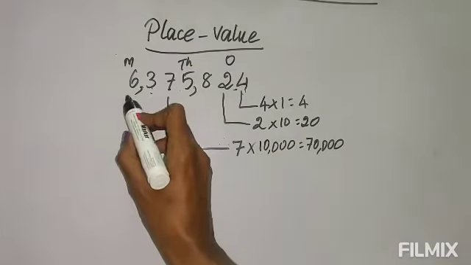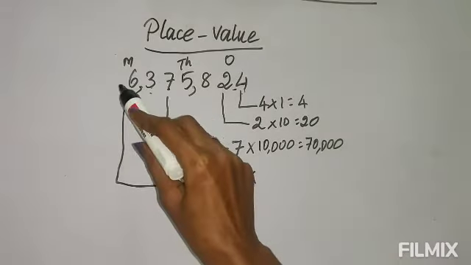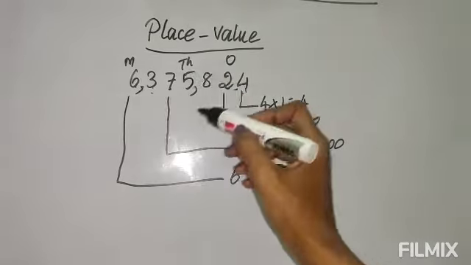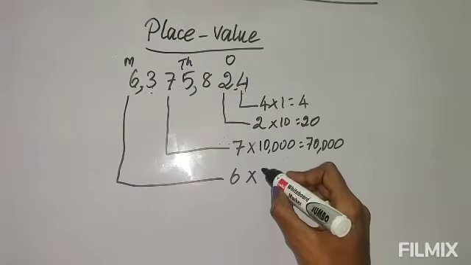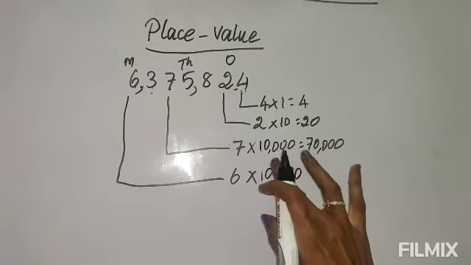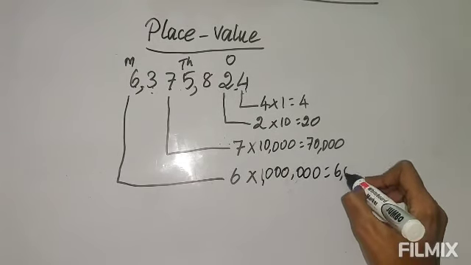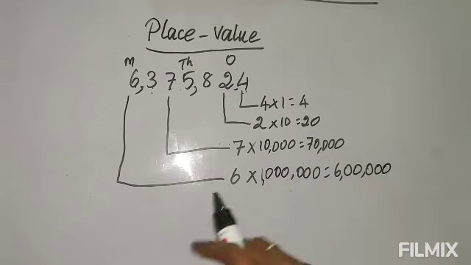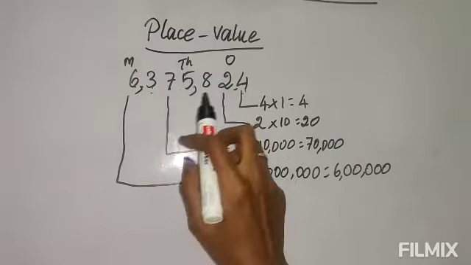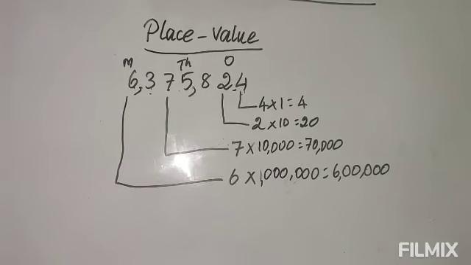Now if you take 6, the number is 6 and you have to multiply by the place. So what is the place here? Only 1 million. There are no other millions, only 1 million. So you have to multiply by the million. The place is million. So if you multiply by million, the answer will be 6 million. So this is the place value of 6. So this is the way we find the place value of a number. Just multiply the number by its place. As usual, like how we did in the Indian place value chart, the same way we find the place value. Thank you.